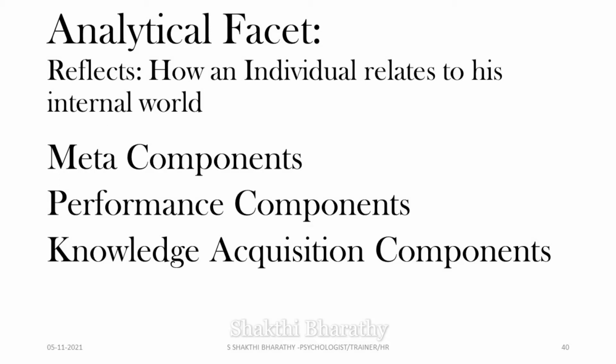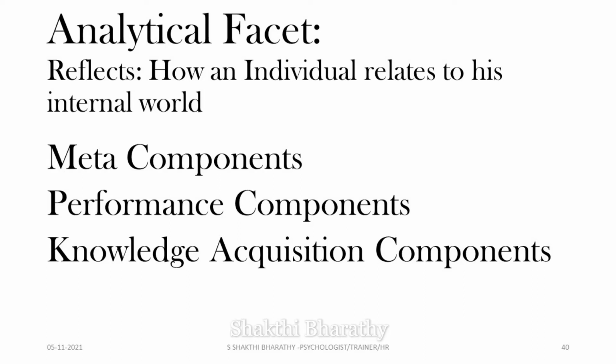So in this first category, we're going to see the meta components. What it does is control, monitor, and evaluate cognitive processing. So these are the executive functions to organize performance and knowledge acquisition components. They are the higher order processes that order and organize the performance components used to analyze problems and pick a strategy for solving them. They are not solving the problem, they just analyze and give the strategy how it has to be solved. And that part will be done by the performance component. They decide what to do and the performance component will actually do it. So this is all about meta component.